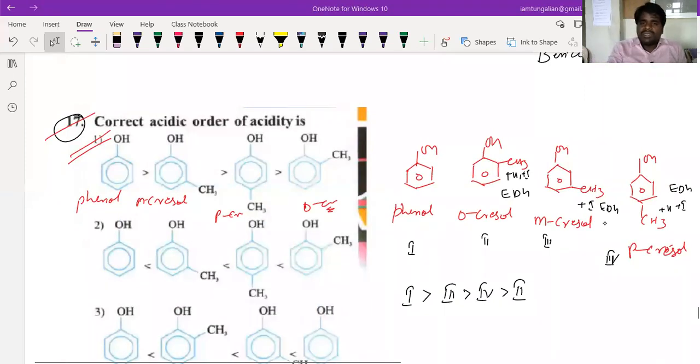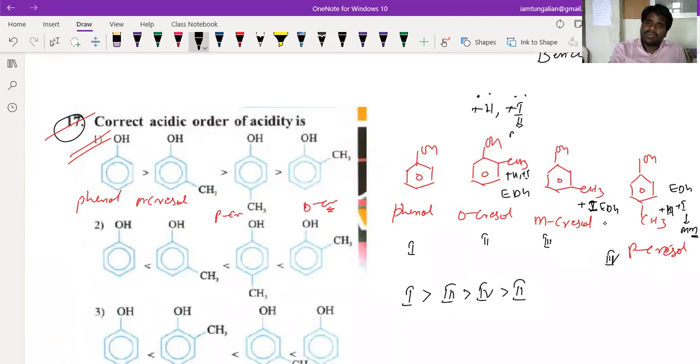See beta, in this particular compound, the methyl group acts as plus H as well as plus I, with respect to hyperconjugation effect and inductive effect. Because of the meta position, here it only acts as inductive effect. There is no hyperconjugation effect. Here it is having plus H as well as plus I, but this plus I is minimum beta. In para it is minimum, while in ortho it is maximum beta.